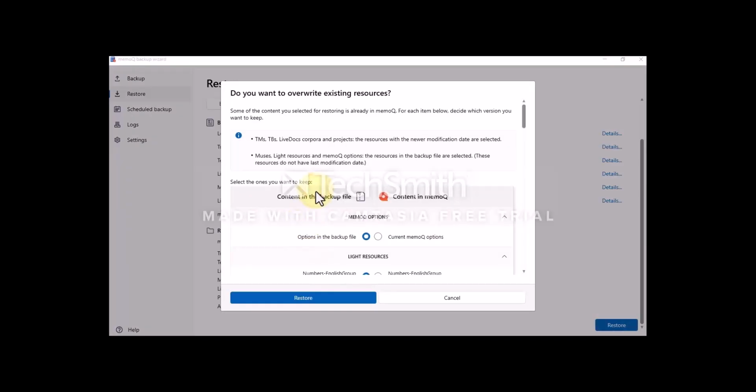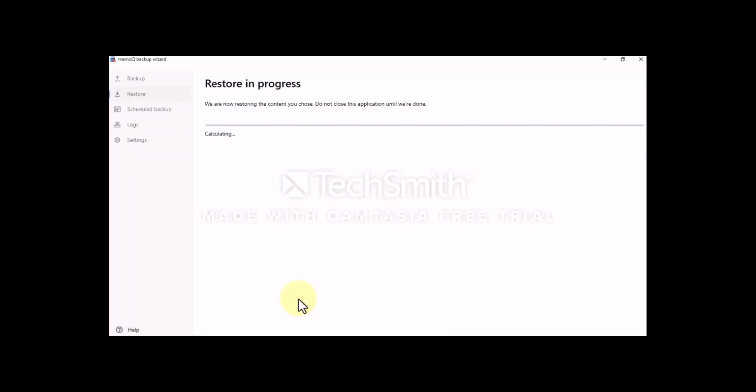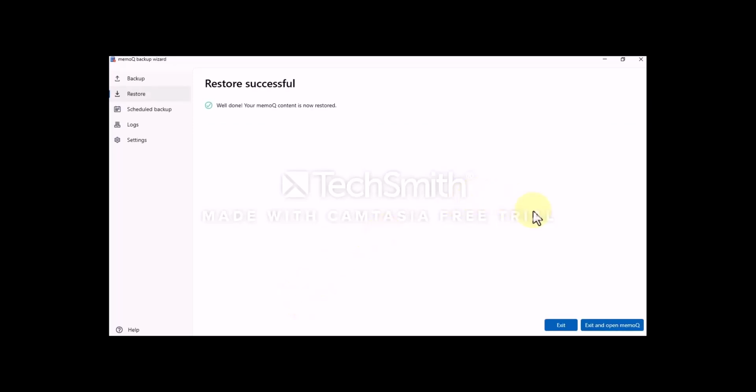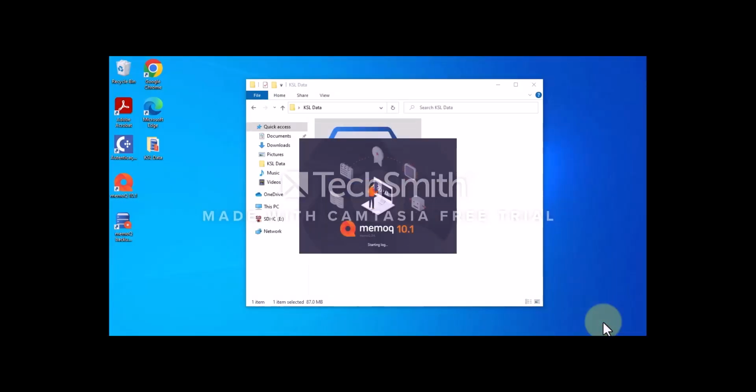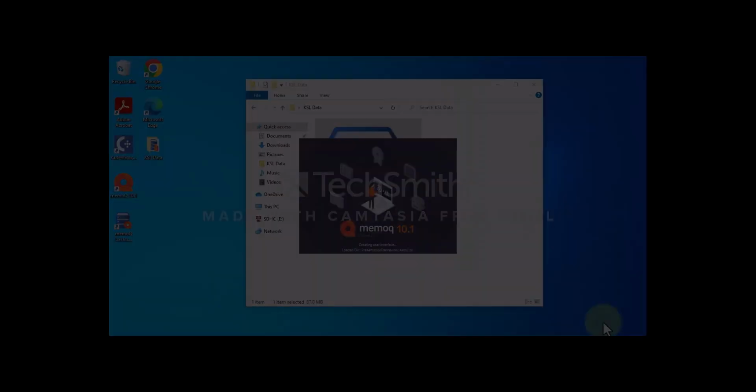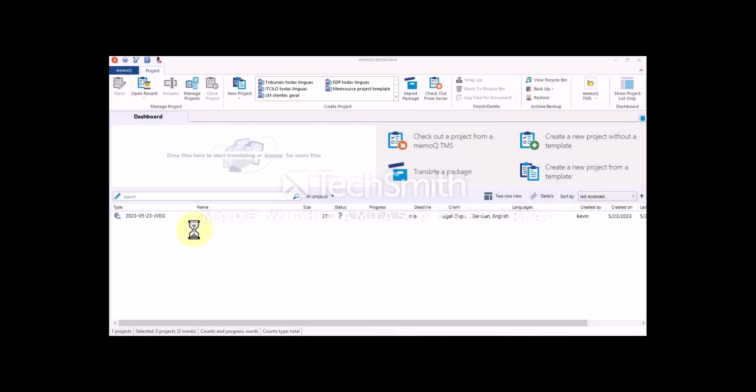Okay, I want to let the content in the backup file take priority and restore. Okay, let's exit and open memoQ. The backup was restored into a higher version of memoQ, memoQ 10.1. Okay, here I see my local project. If I want that server project that was on the other computer, I'll have to check it out again from